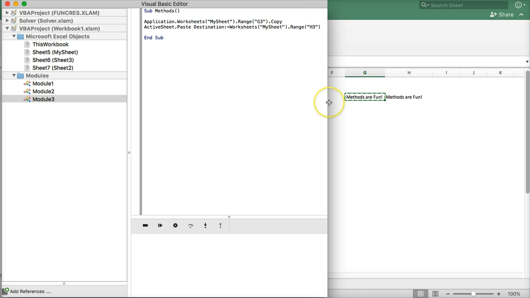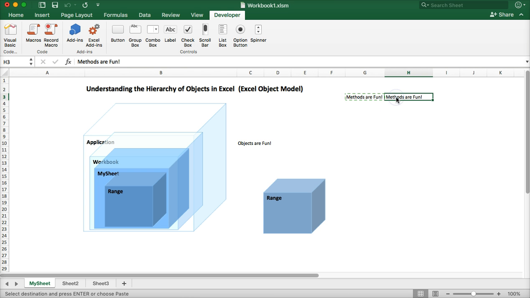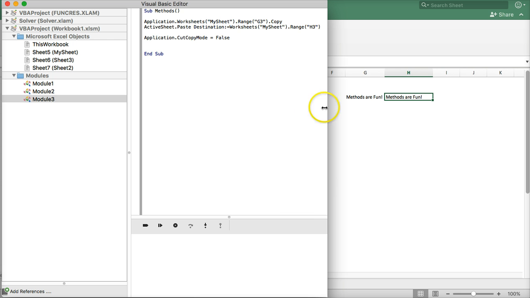Now, one more useful line of code to know. You see how you have these hovering dashes around the cell? When you end a macro, you want it to be a clean end. If you end the copy cut mode, you can insert this action. And now, let's say I exit this and we try to run this. Voila. No more hovering dashes around that cell. So this is just an example to show methods and their role in